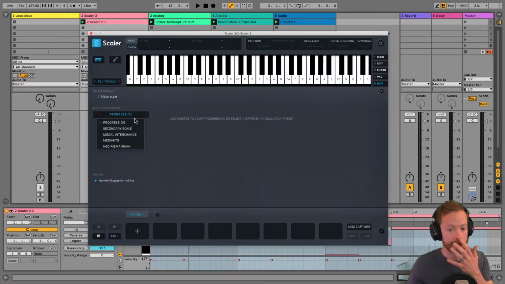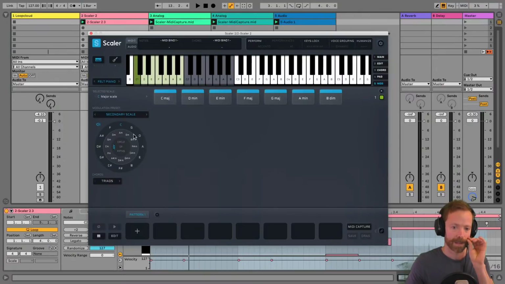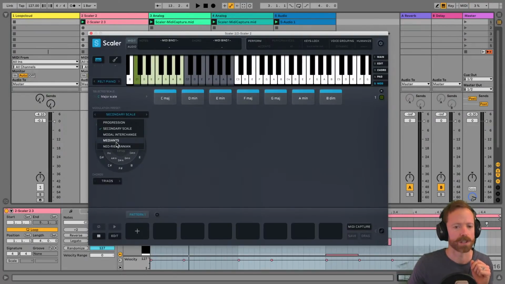You take an original idea, you then select the scale that you want from the wheel here, which shows you the original and shows you the scales that are closest that you can modulate to. First of all, it transposes it, or modulates it, to the right key, and it also shows you some chords that you might want to use to go there. So we might look at that in a sec, but what I thought would be better to look at right now is one of the features, Mediants, I think is the new one. Josh, is it Mediants and Neo-Riemannian, or is it just Mediants in this one? No, Neo-Riemannian was added in 2.1, I believe. Okay. But what you want to do is jump into progression.